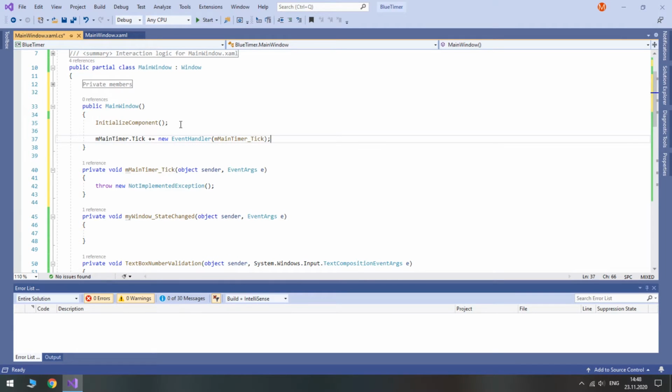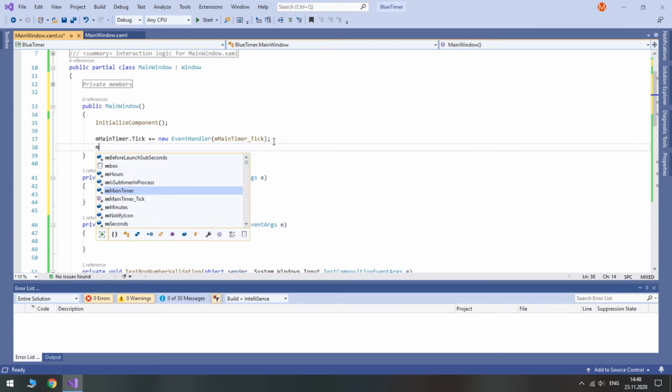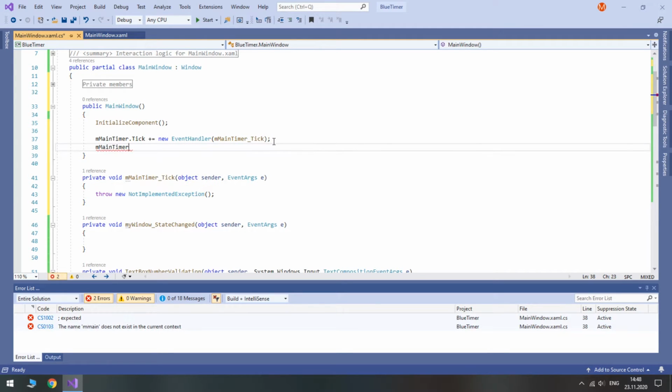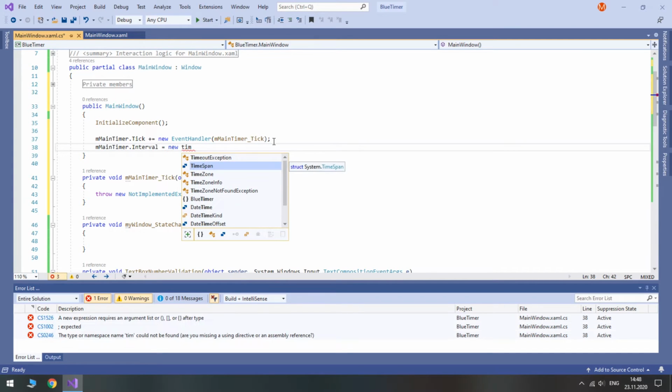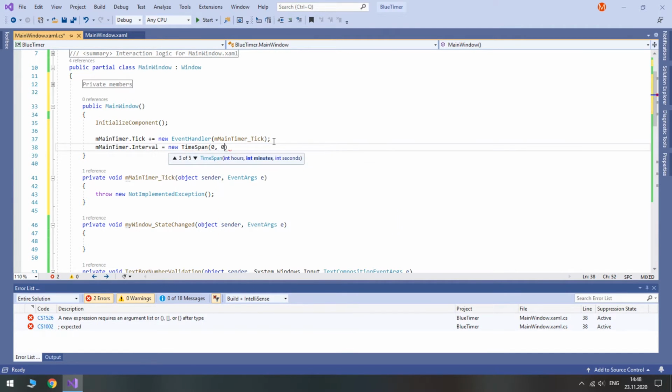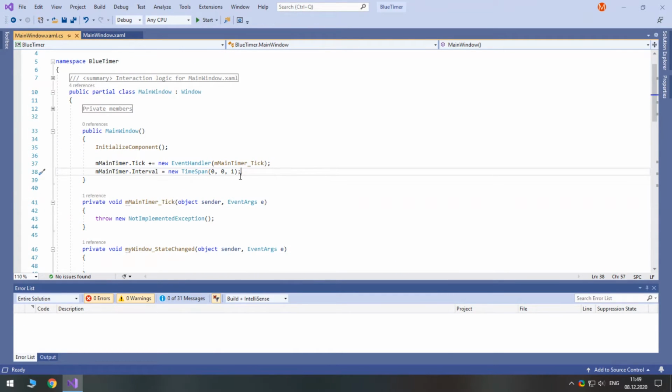We'll deal with it later. Now we need to set the interval which defines how frequent ticks are. With this interval, the tick event will fire every second while the timer is working. Let's do the same for the subtimer.